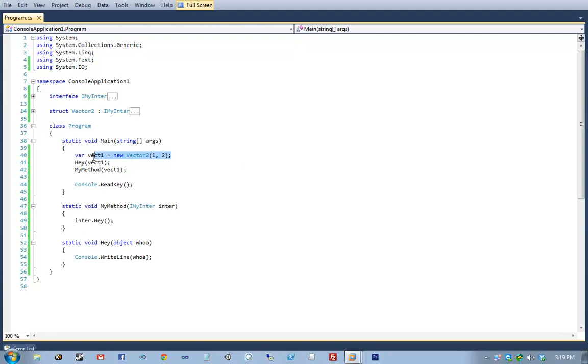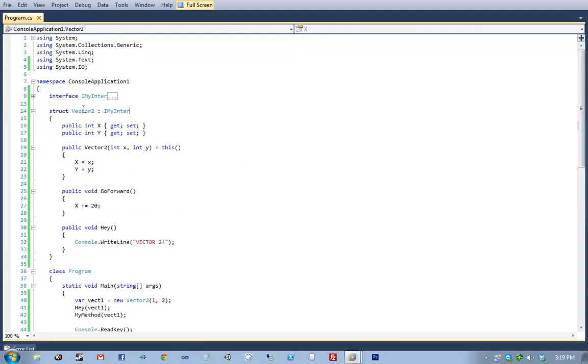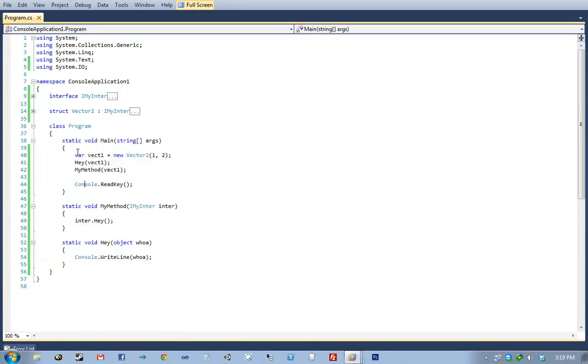When placed in memory, a Vector2 will only consume 8 bytes, two 32-bit integers. Meaning, by placing a Vector2 within Program, we are only increasing the stack frame of Main by 8 bytes.